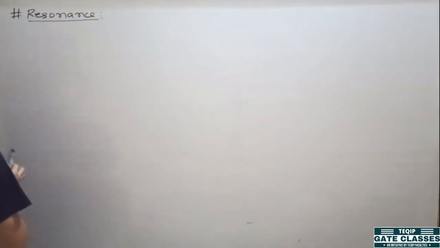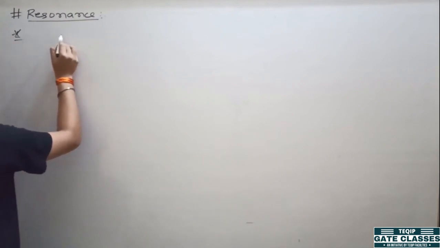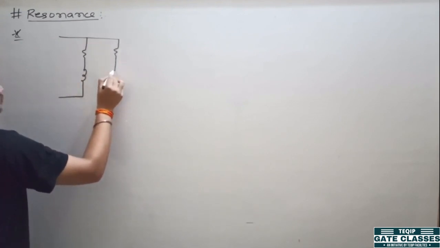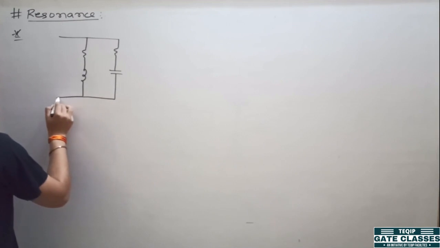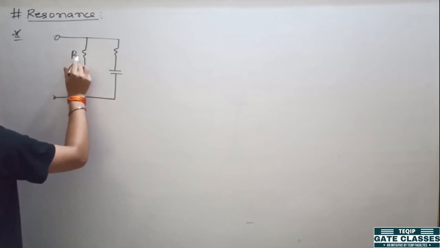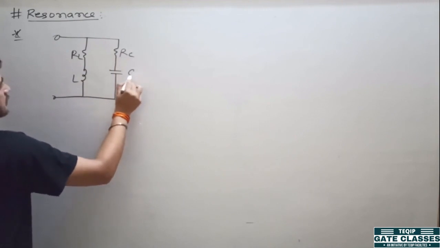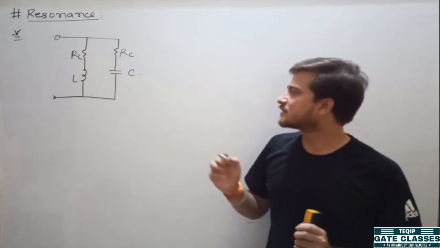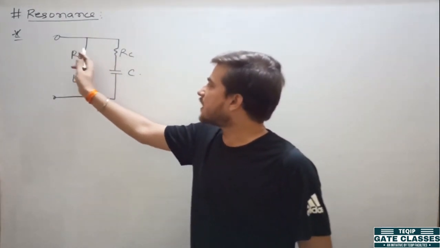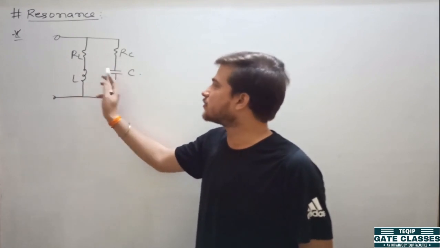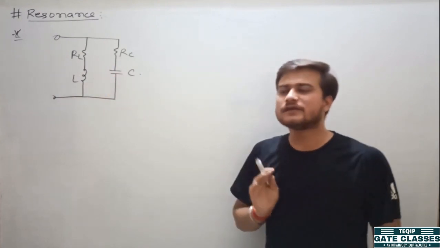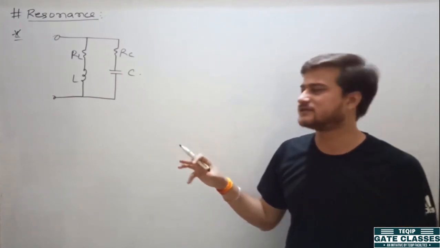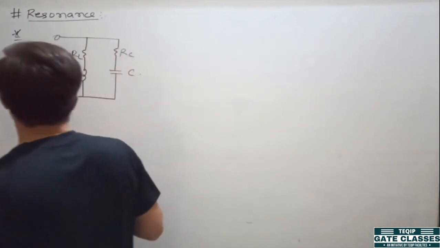Now let us take a circuit like this. This is RL, this is L, this is RC, this is C. Now in this circuit you have to write the expression of resonance. So here see, again these two branches are connected to a common supply. That means these two branches are connected in parallel. So if in a circuit only parallel branches are there, then you have to write the expression for admittance. Clear? So let us write the expression for admittance.